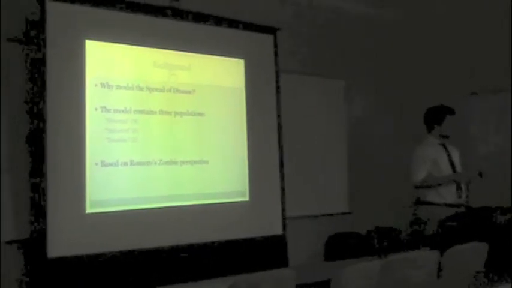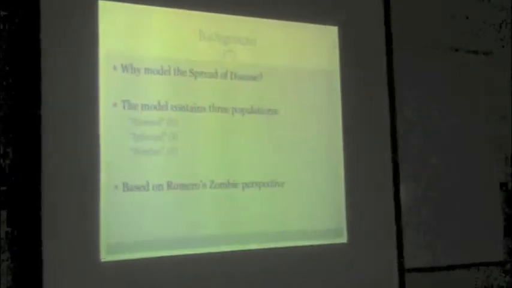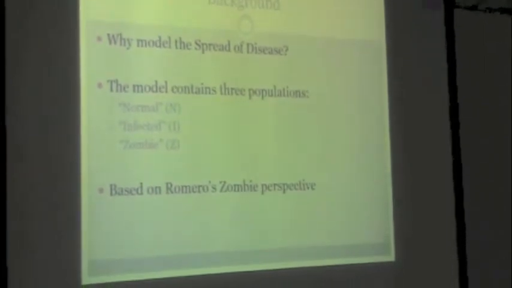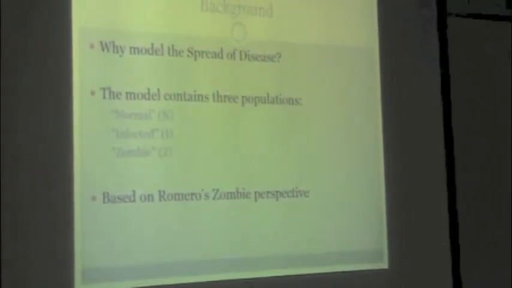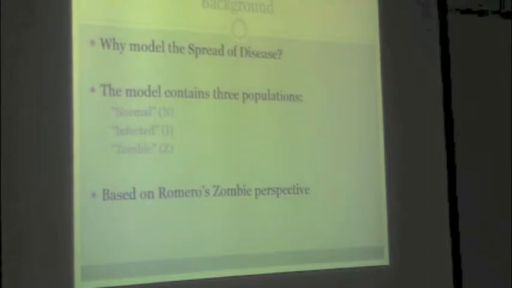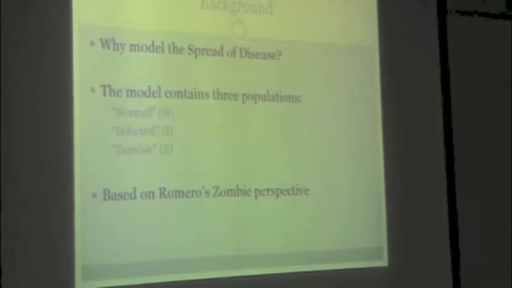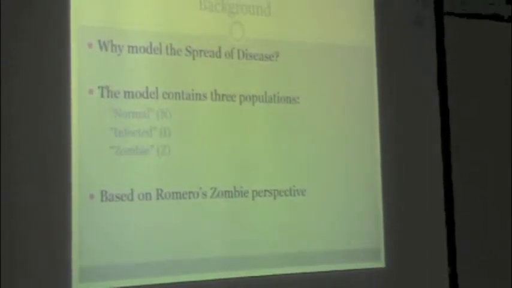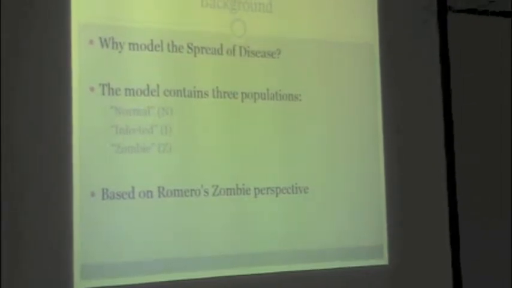We already discussed that. The populations that I used in my model were the normal population, the infected population, and the zombie population. I monitored all of those going through, although the two that we're interested in the most are the infected and zombie. I based them on George Romero's zombies. I chose to do this because